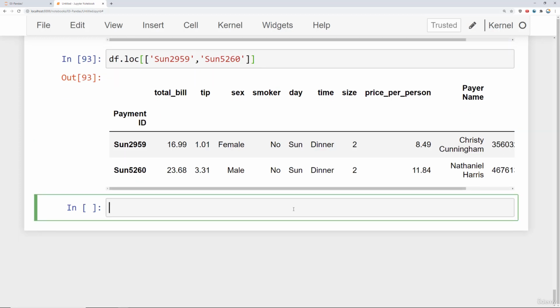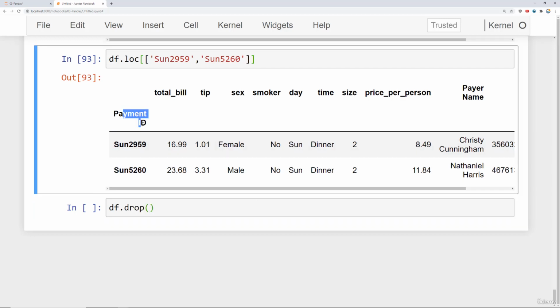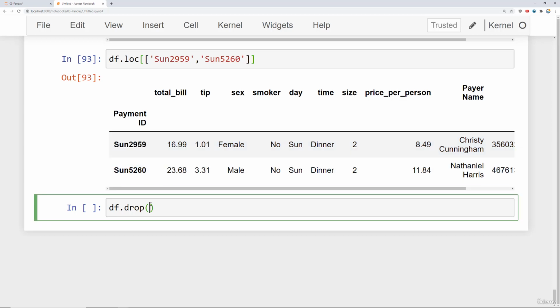So I just need to say df.drop, and then since I'm using a labeled index, payment ID, what I have to do is tell Pandas what label I actually want to drop. So in this case, let's go ahead and drop Sun2959. So I just copy this, and I say df.drop this particular row value, and then you'll notice that